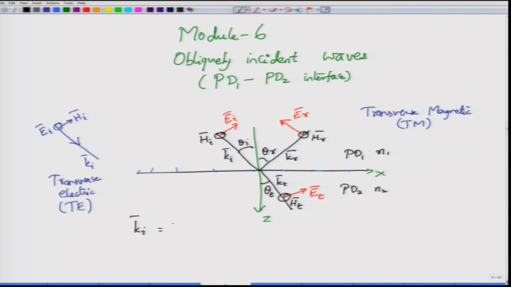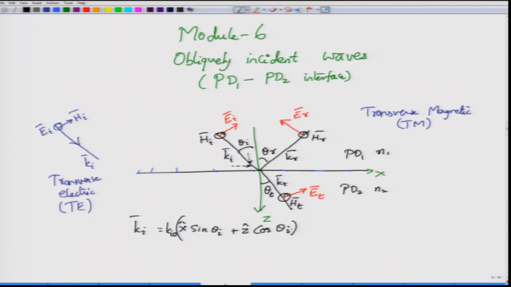k_I, if you look at the way this line is going around, will have one component along x, and then there will be another component along z, right. So, this will have x hat. So, let us say I have k_I0, where k_I0 corresponds to the magnitude of the incident wave vector. So, it is k_I0 x hat, and what is the component along the x axis? It is the sin theta_I component, correct. So, you can break this up as sin theta_I plus z hat cos theta_I.